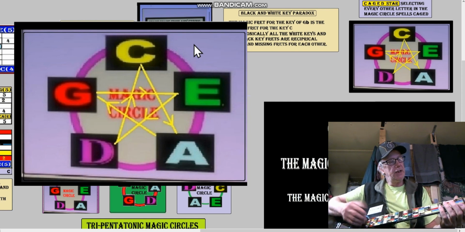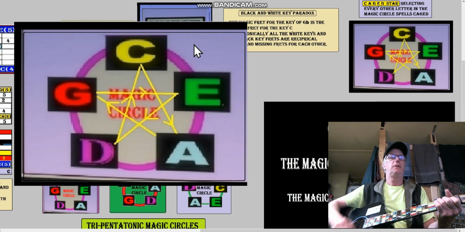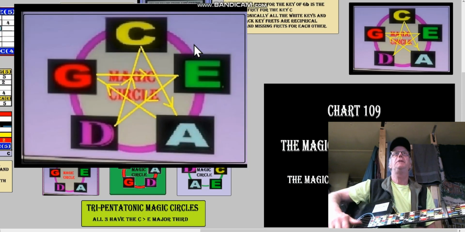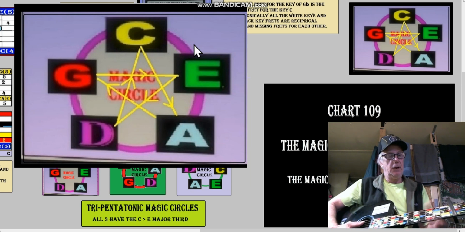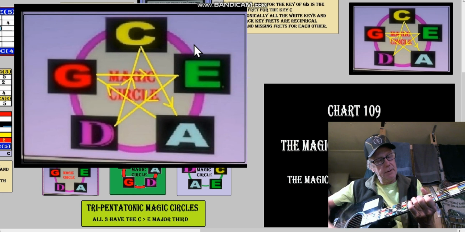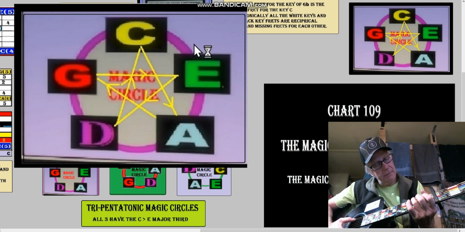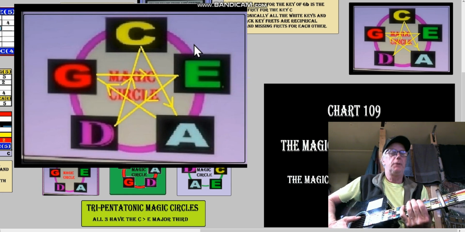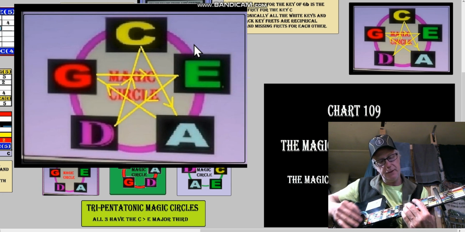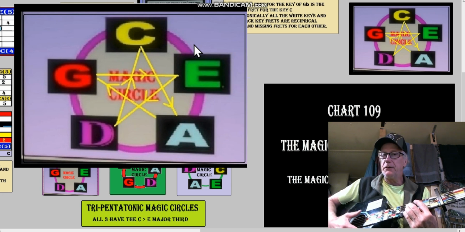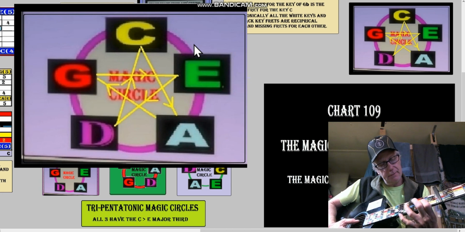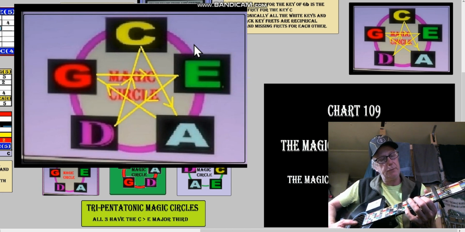So the C shape, we could start down here. And then the E shape would be adjacent to that. Now this is a little difficult, so let me explain here. I put the capo on. So we got the C shape, right? But the A shape, if we want in CAGED, C would go to the A shape, but in the pentatonic, this would be sharing notes with the C shape. As a matter